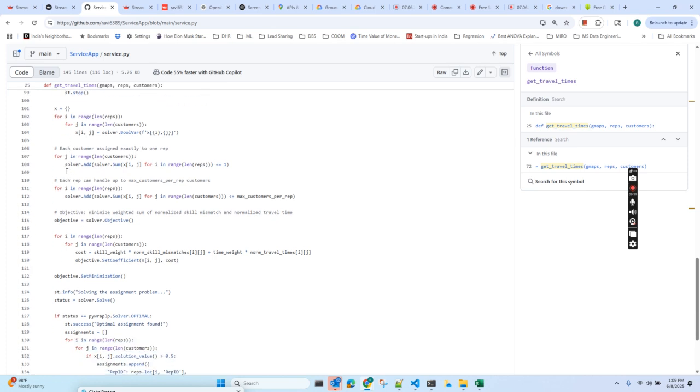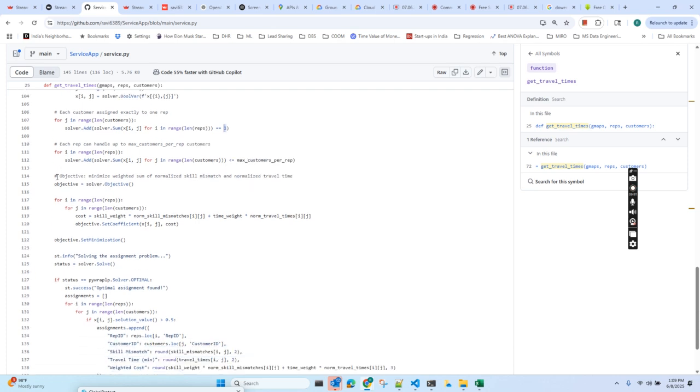Okay, so what we are doing is, for example, each customer is assigned exactly one rep. So this specific code takes into consideration that each customer should be assigned to exactly one rep. Now, if you want it to be changed to 2 or 3, you would change this to 2 or 3, right? So you can play around with this. And then this one, each rep can handle up to a maximum number of customers per rep, right? So this maximum